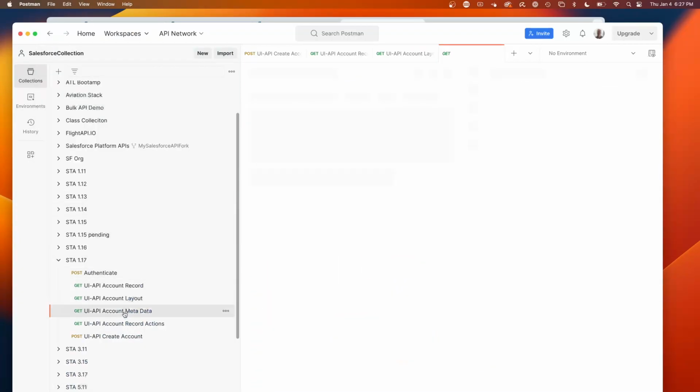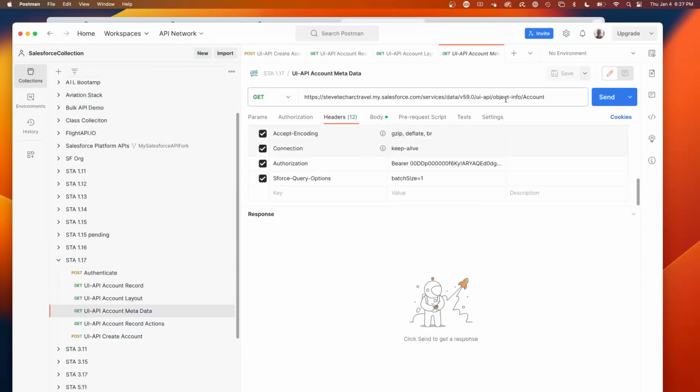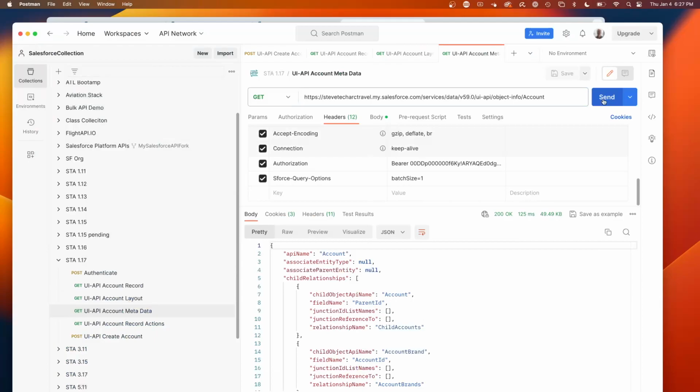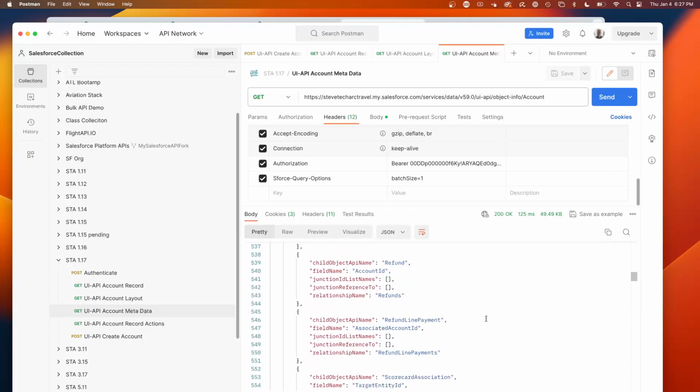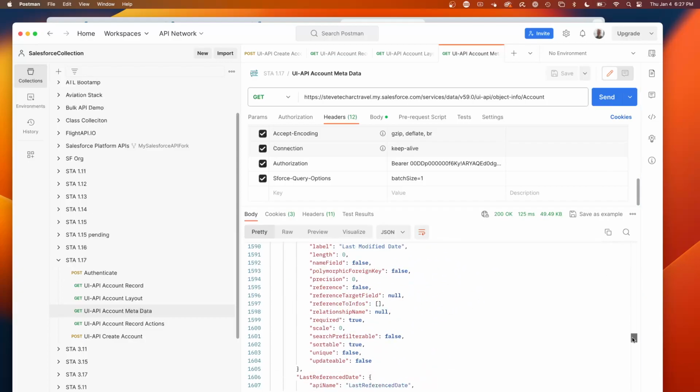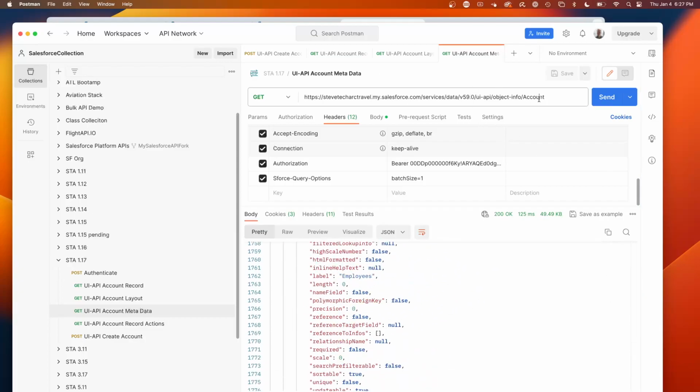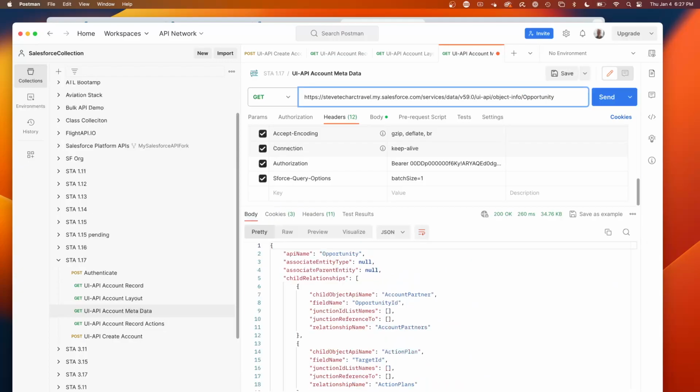Now what's also powerful is I can pull metadata. So here I'm pulling account metadata, and this is giving me a big graph of the metadata about the account. This is a large amount of data with the metadata for the account, and I can switch that to opportunity